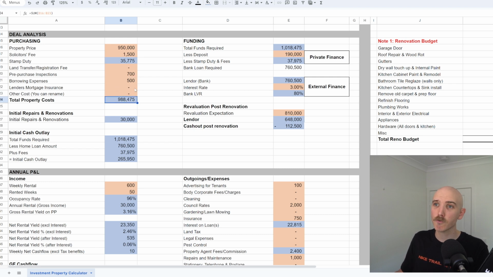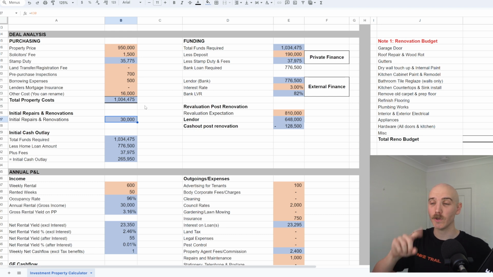So that means our total property costs. We also might have a buyer's agent. Let's say it costs $16,000 for that. The total cost to buy this home for $950K, including closing costs, could be $1,004,000. So initial repairs and renovations could be 30 grand,